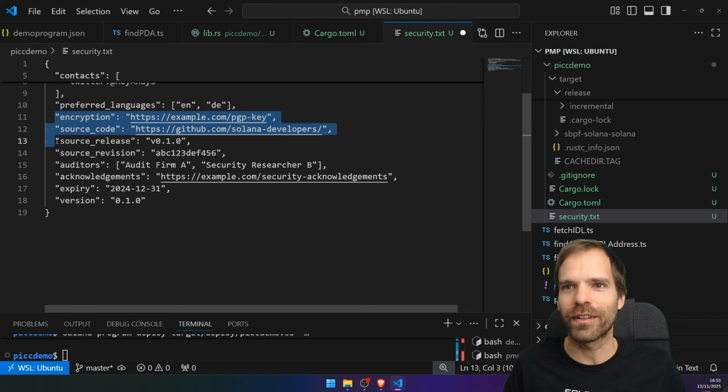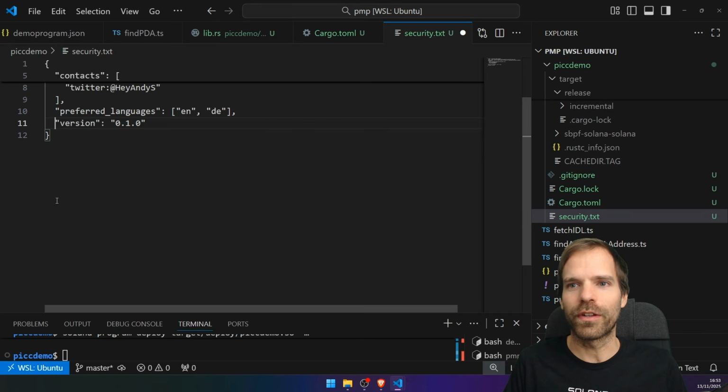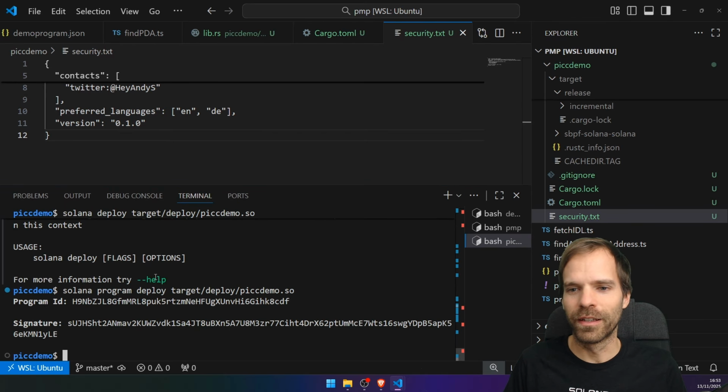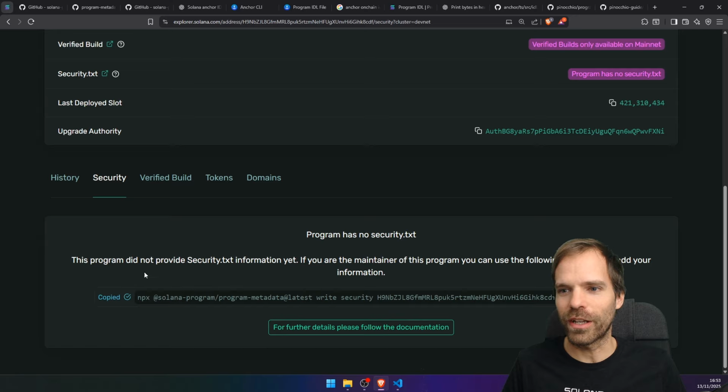Source code, I don't have that either. Release, revision, auditors, no auditors. Acknowledgements, I actually stole this from somewhere. Expiry, version, yeah, whatever. So let's say that was my security TXT, and then literally as they suggest here, I'm